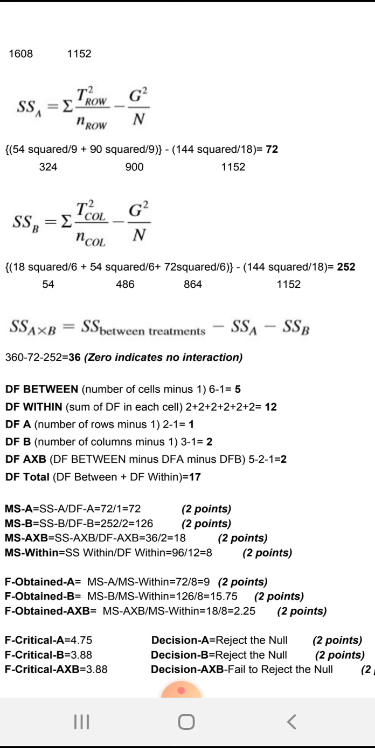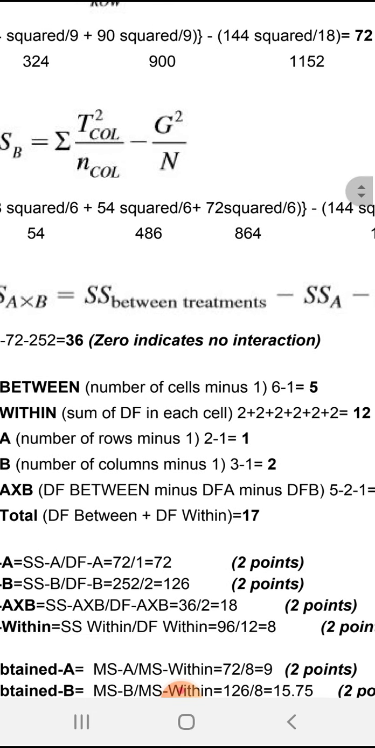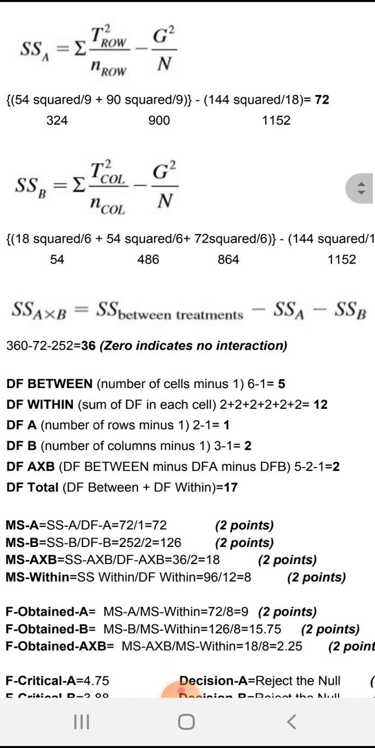Now, for the sum of squares of interaction, it's simply the SS between treatments, right? The first sum of squares that we solved for, minus SSA minus SSB. So that's 360 minus 72 minus 252 equals 36. Right? If this came out to 0, it would mean there is no interaction. However, we could say there is an interaction, but now later on we're going to test if that interaction is